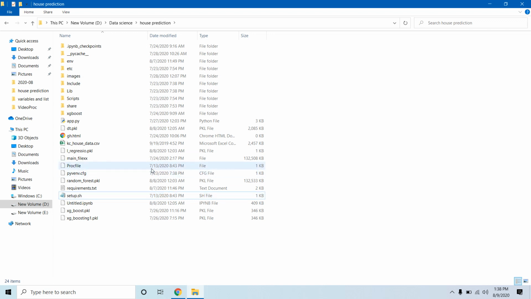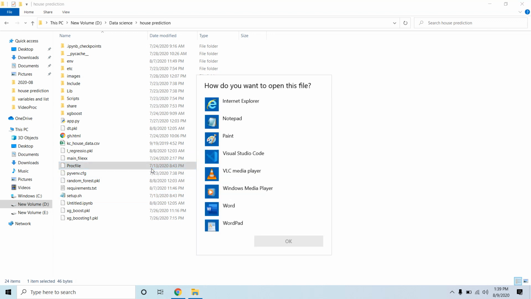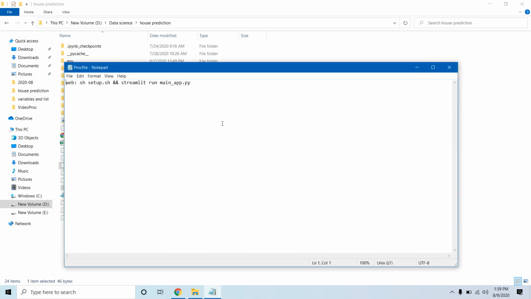Now what is the Procfile? Procfile contains and declares a variety of types like our web server, and it contains the name of our app to run on Heroku.